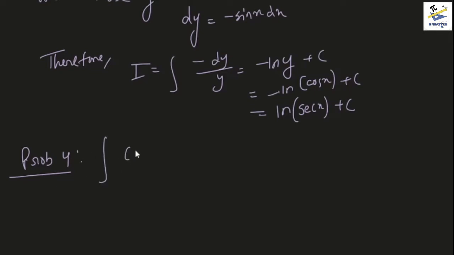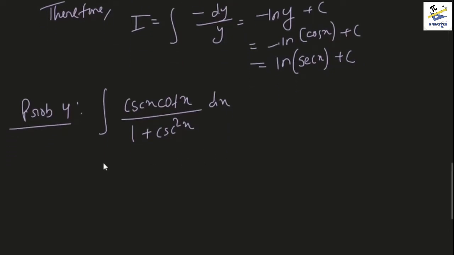Integral of cosec x cot x by 1 plus cosec square x dx. Now another normal problem here, or another identity in fact, is note that